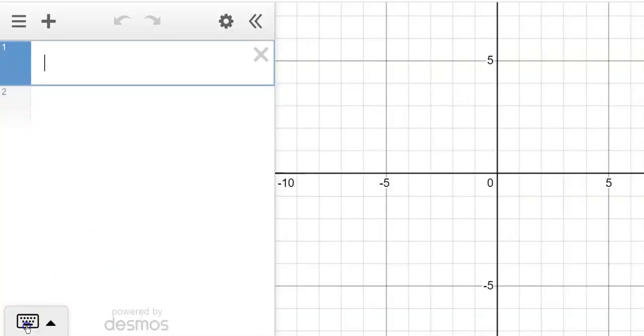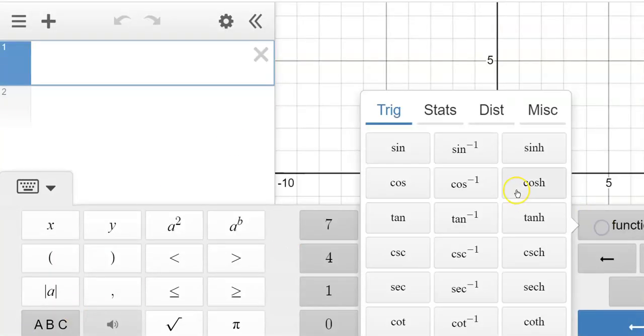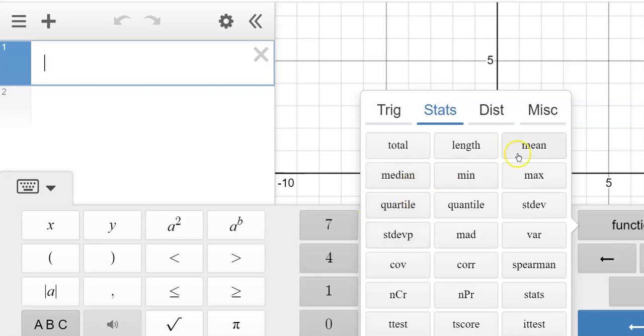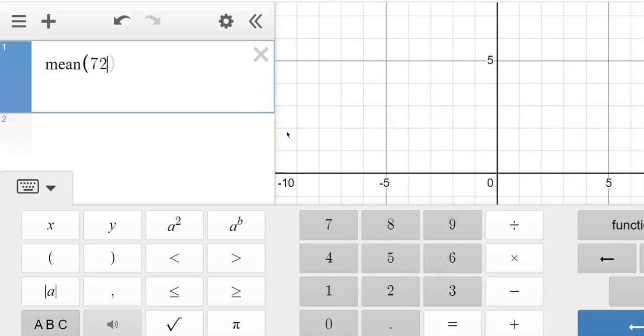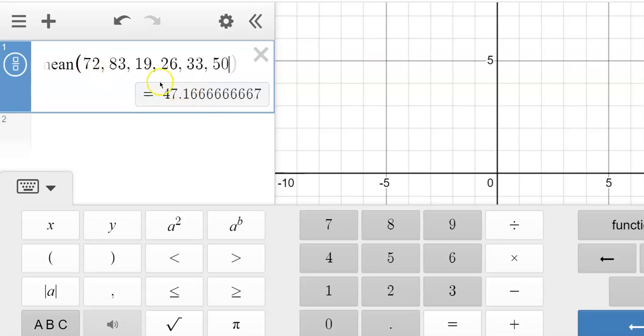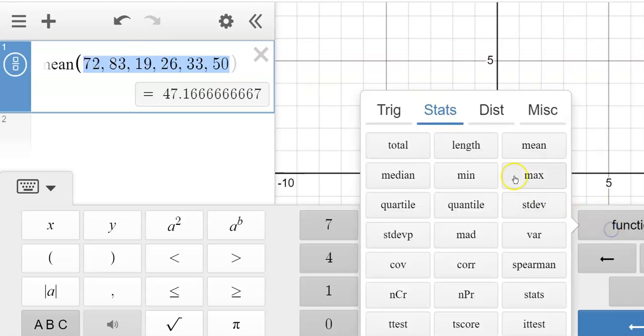So on Desmos, I'm just going to make up a data set. Stats, we'll start off with mean. Alright, here's a quick data set. 1, 2, 3, 4, 5, 6. So it's got 6 numbers, so pretty straightforward. We just calculated the mean. If I would want to do the standard deviation,